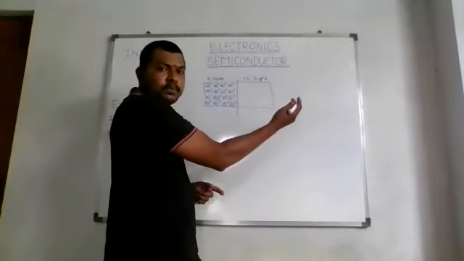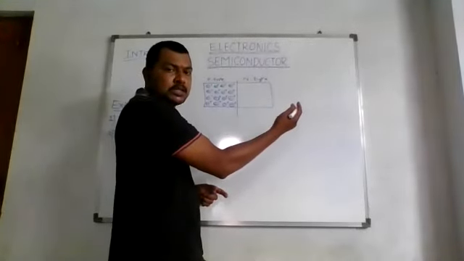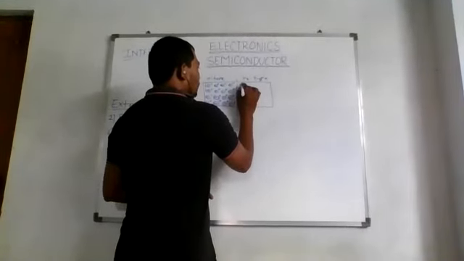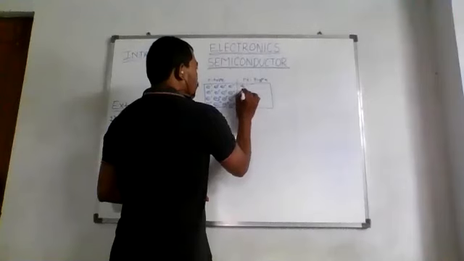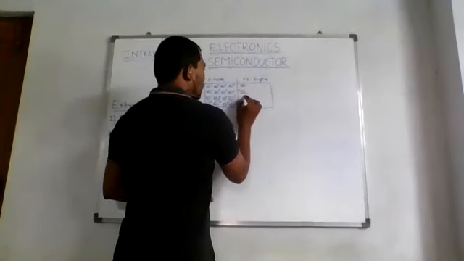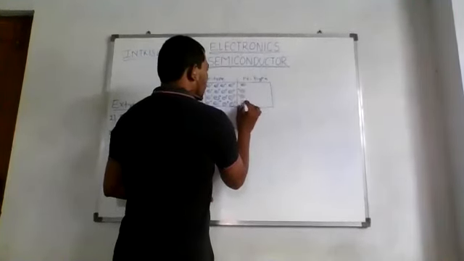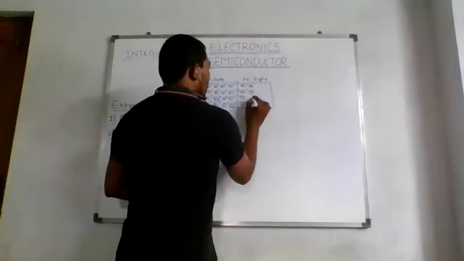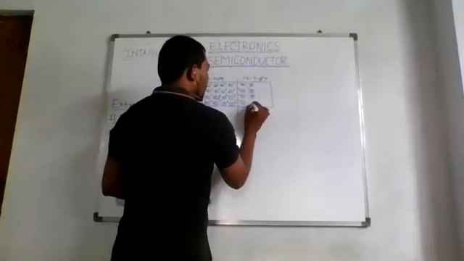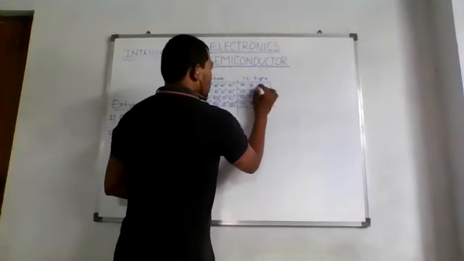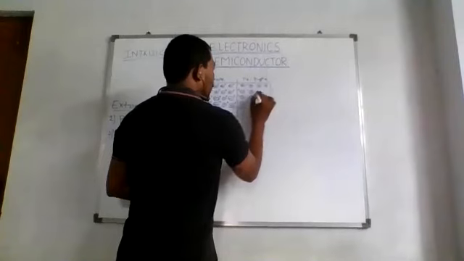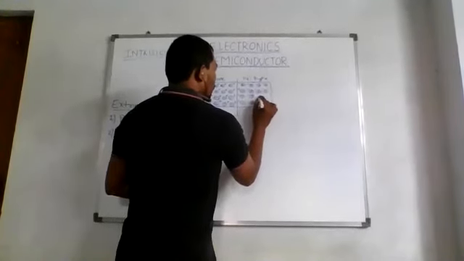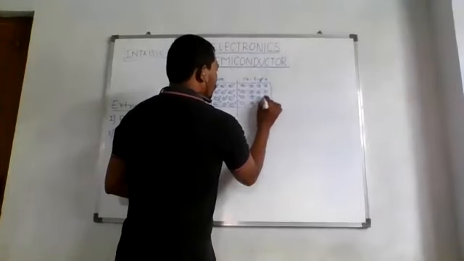And if you dope the other half of this pure crystal with a pentavalent impurity, here it will have negative ions, positive ion with a negative charge, that is electron. So like this, we will have a four-layer structure, positive with a negative ion, positive with a negative ion, like this. Is it okay? Are you getting this? So I am drawing a positive with a negative ion, as I told you that I am going to draw like this.